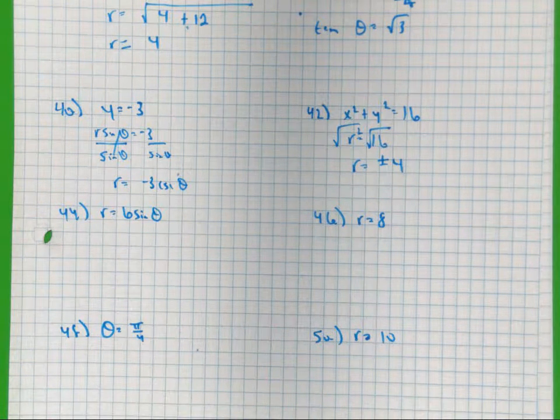Now we're going to go from polar to rectangular. That means what needs to disappear? R and theta. Very good. It has to at least have an x, y, or both of them in there. Now, what's keeping me from doing something right now? What is missing on the side with sine theta? R. Can I put an R there? Yes, but if you multiply that side by R, you've got to multiply the other side by what? R. So that's going to be R squared